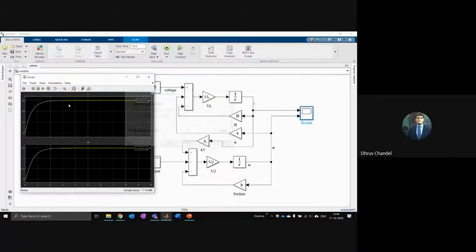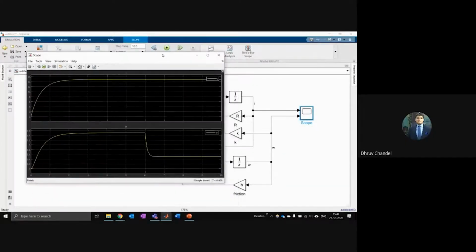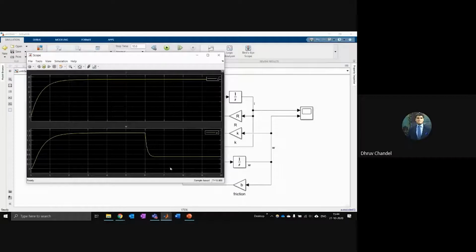So when I simulate the system, we see something interesting happening here. My current rises to the correct value, it stays there. But my motor, which was spinning happily enough before, as soon as it encounters some resistance, the speed just drops off. Okay, this is a problem because I want my system to move at a certain speed. I want it to move in a certain way, but this system is not able to reject whatever is coming in from the outside. In control theory, we sometimes call this a disturbance. In this case, it's actually more like an input, but it's the same concept.